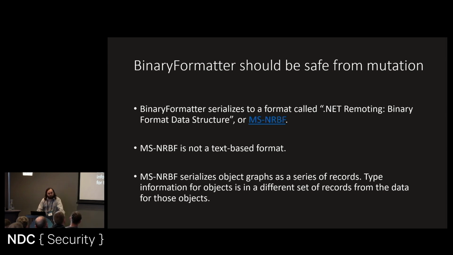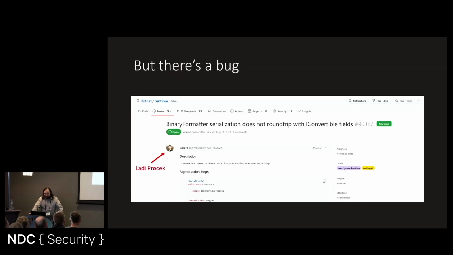But interestingly enough, while I was last talking about this set of issues at DEF CON last year, a member of the dev team at Microsoft was opening a bug about BinaryFormatter. Lottie Prosek on the dev team opened this bug: BinaryFormatter serialization does not round trip with IConvertible fields. And this is a really neat bug, but it's kind of complicated. So to go into what that's about,